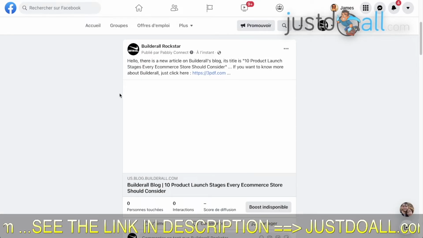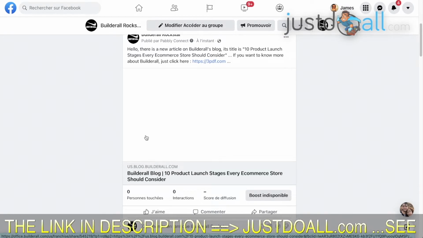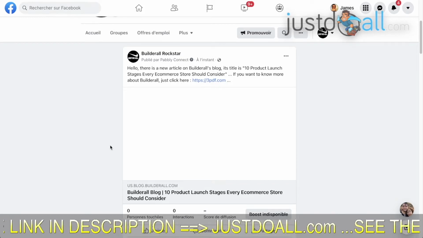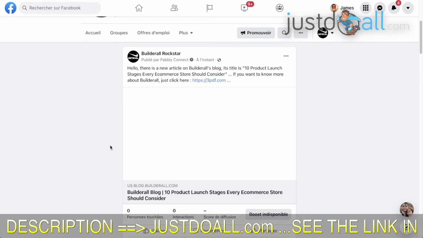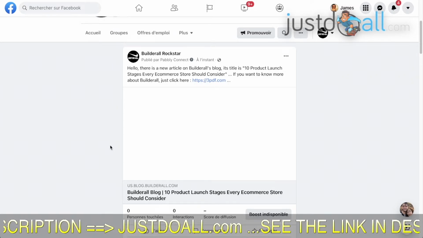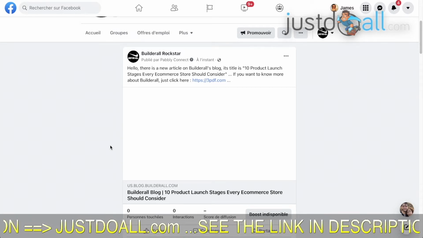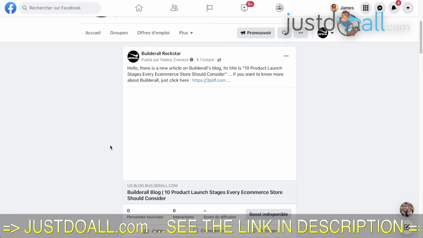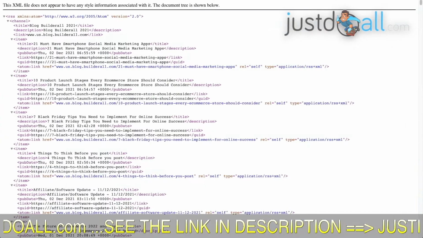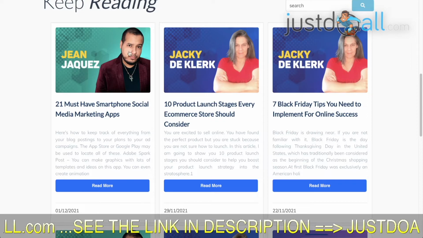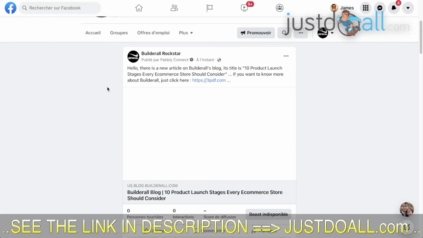Pebly Connect. So at the moment they don't show an image, but usually there is always an image with the Builderall blog articles. So I don't know why. Maybe Facebook doesn't show it now, or maybe there is an issue with the image of this particular blog article. But in the test I did before, it works fine. It shows the image that we can see in the blog. In here, often there are those images. So I don't know, but it doesn't really matter.